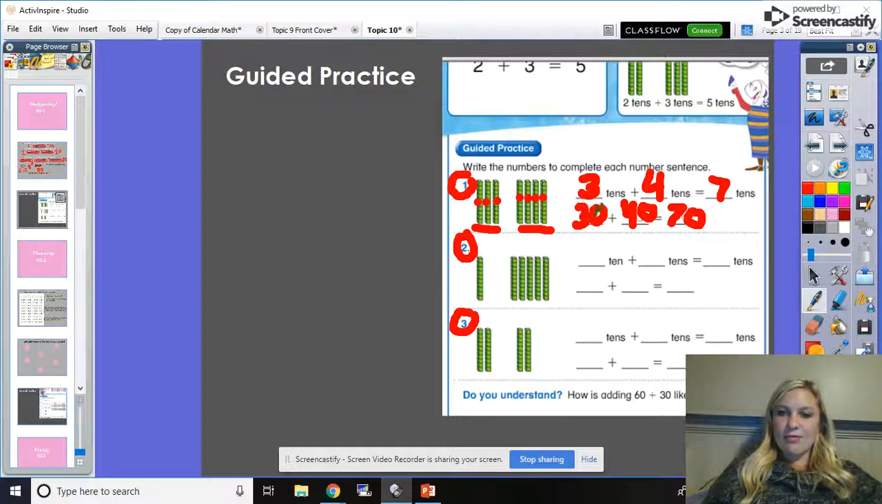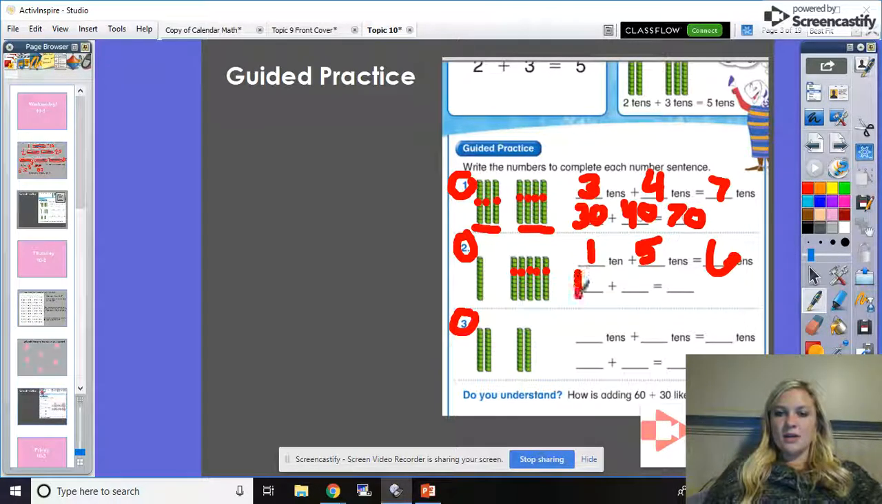So I just added my 3 and my 4 and then added a 0. It looks really similar to this. The only difference is that there's zeros on the end. So let's see if we can do this one. There's 1 ten over here and 1, 2, 3, 4, 5. So we have 1 ten plus 5 tens, and that makes 6. Now all we have to do down here is add the zeros. So we have 1 and then add the 0 to make it 10 plus 50 equals 60. And then the last one